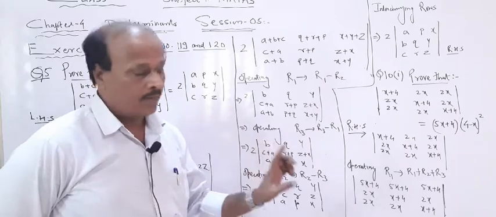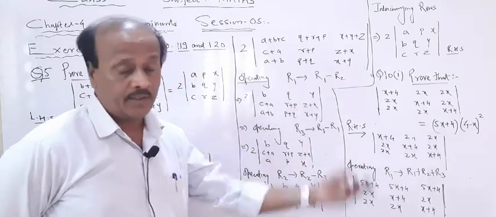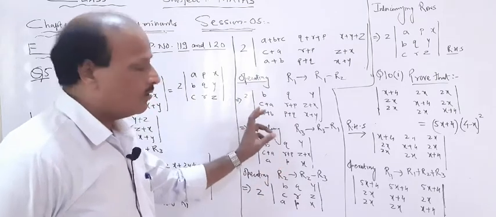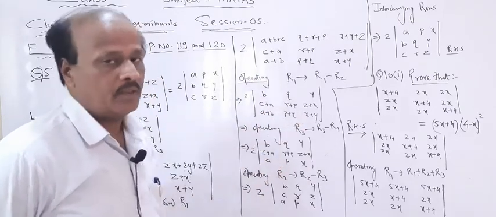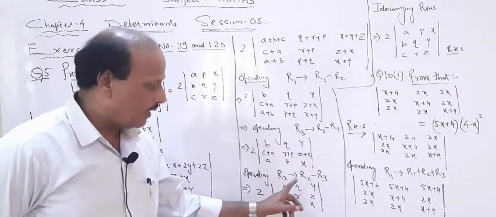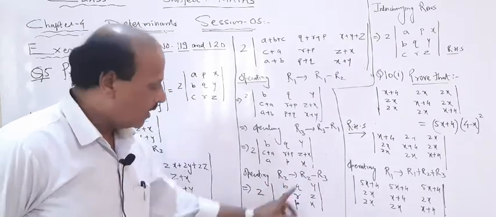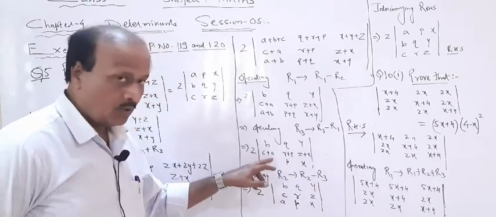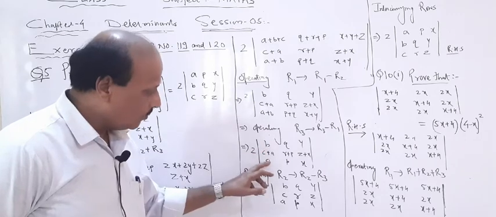Since we have a right hand side printed, you will have to use certain definite steps. If the right hand side had not been given, you could have expanded that particular determinant. Now, the last one is to replace R2 by R2 minus R3.